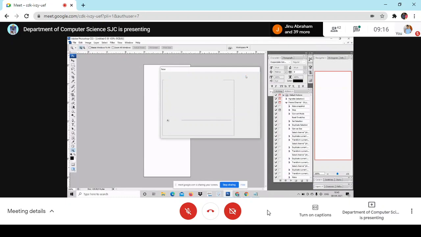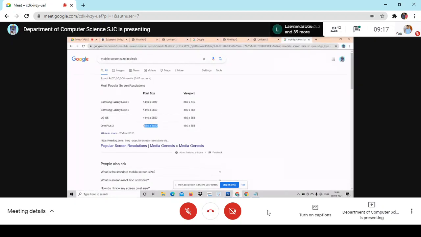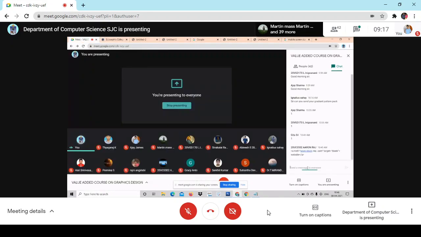Okay, yeah, this is the size. This is the exact size for mobile. Please make note of it, my dear friends. Am I clear? Once again, please make note of the size: it is 1080 into 1920. If you do not know your mobile size, please take it from the internet.